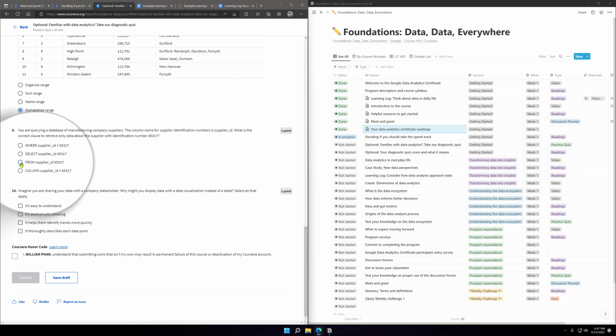I'm kind of leaning towards this, but I have a feeling it's this. Should I go with what I feel, or what my gut tells me? I'm gonna go with my gut.